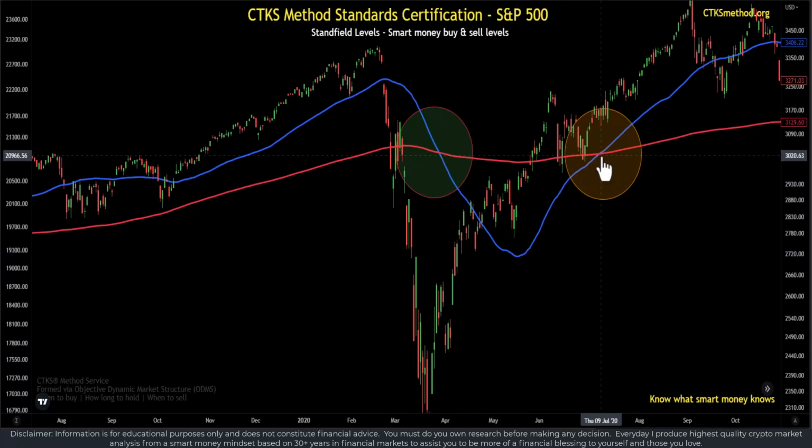Oh, it sounds so cool, doesn't it? Golden Cross. It must be golden. It must be fantastic. But what actually happened? Price here back in March of 2020 was actually recovering all the way up here, and then retail investors got the signal, oh, okay, a golden cross has occurred, let's pile into the market.